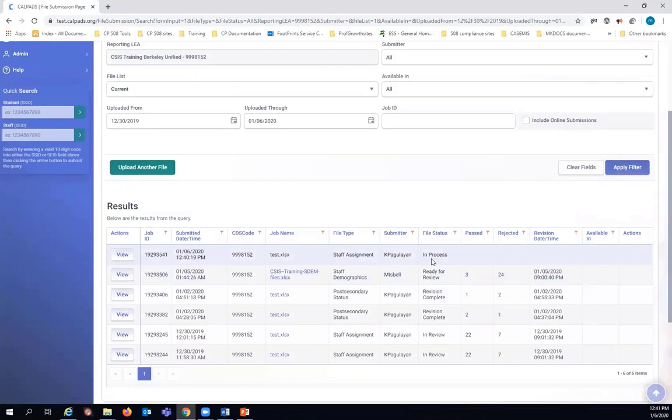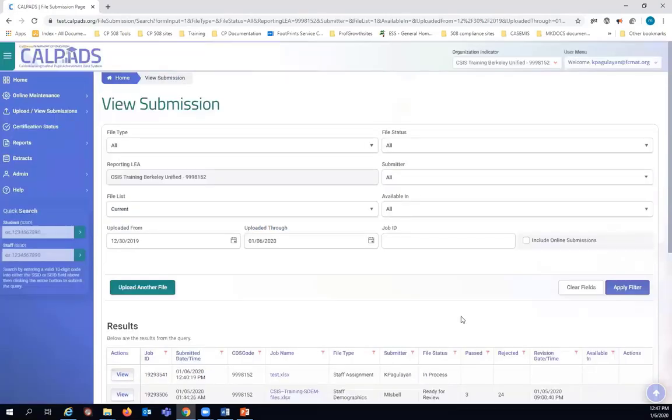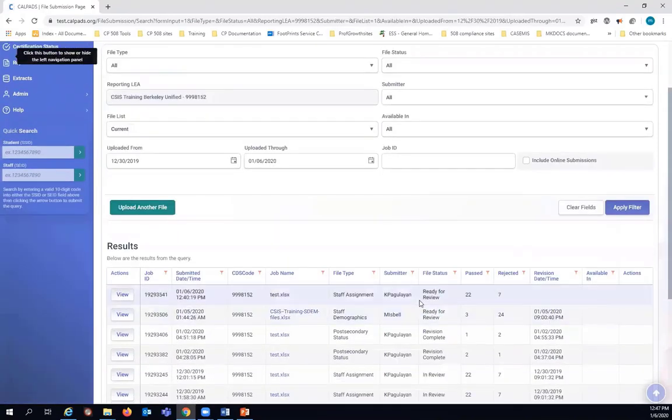Currently, the file is in process, so we just need to wait about 10 to 15 minutes before the file will be ready for review. You can again click on Apply Filter to see the status of the file uploaded. As you can see, the staff assignment file is now ready for review with 22 records that passed and 7 rejected records. If you want to view the details of this file, click on View or click on the job name link. So I click on View,